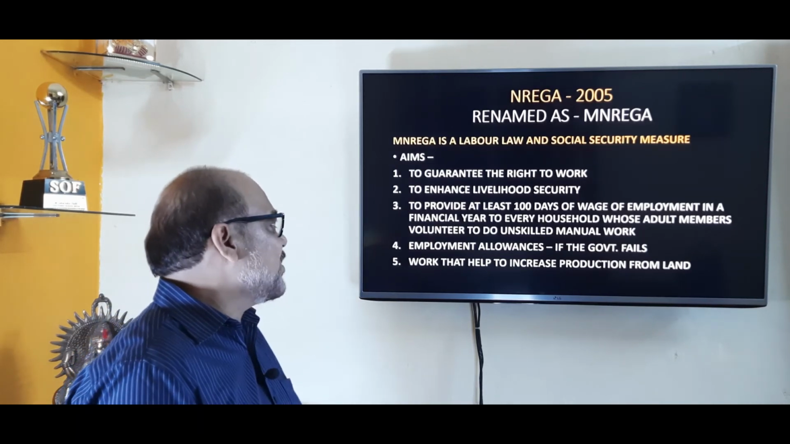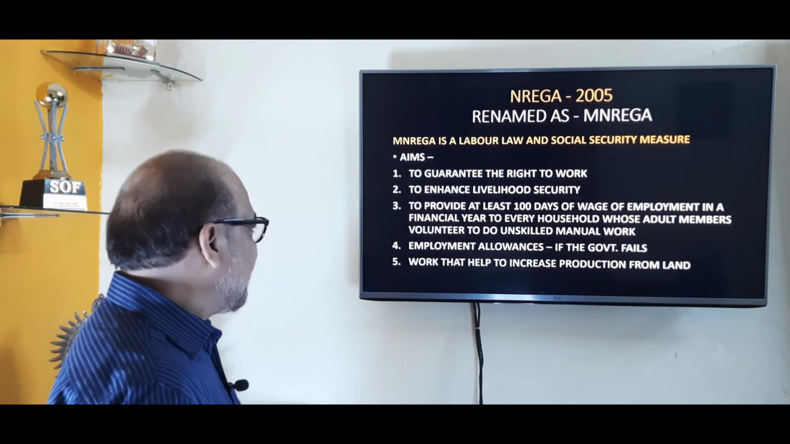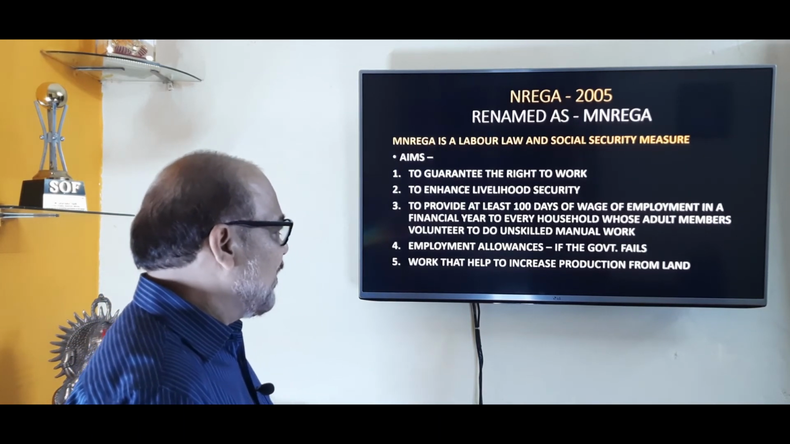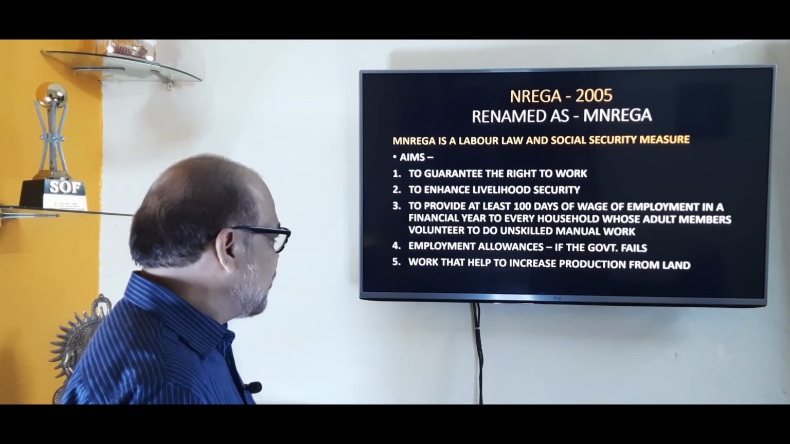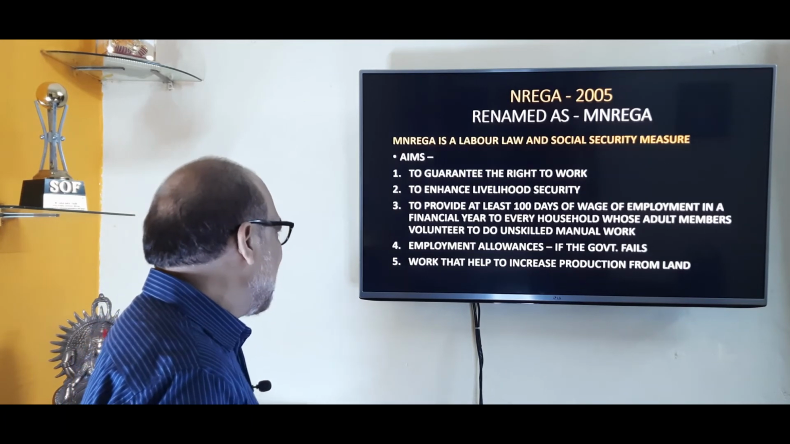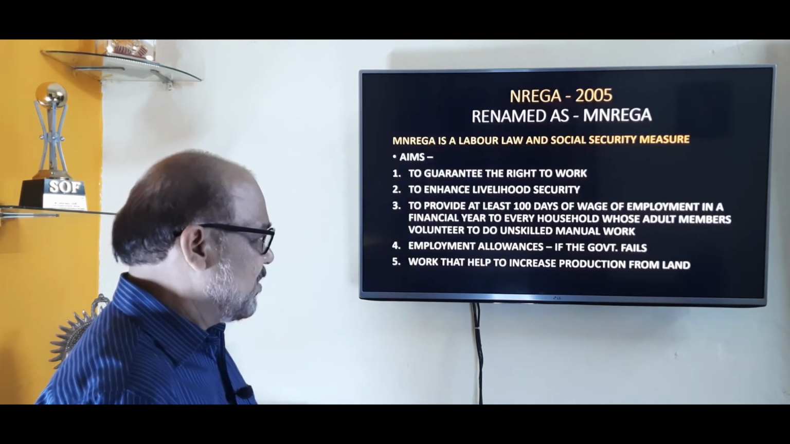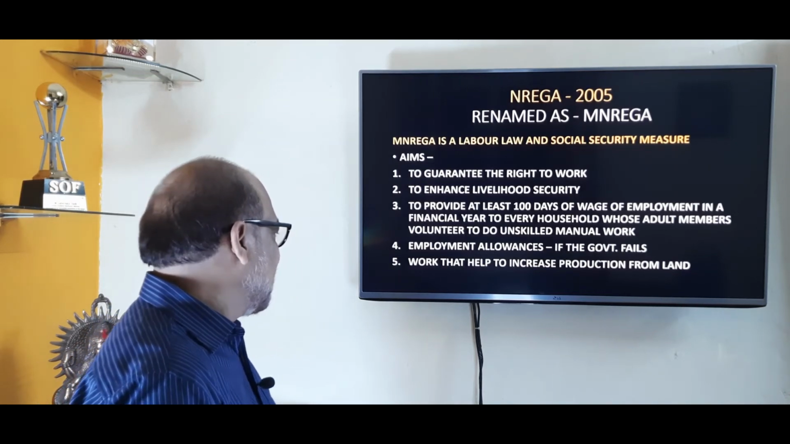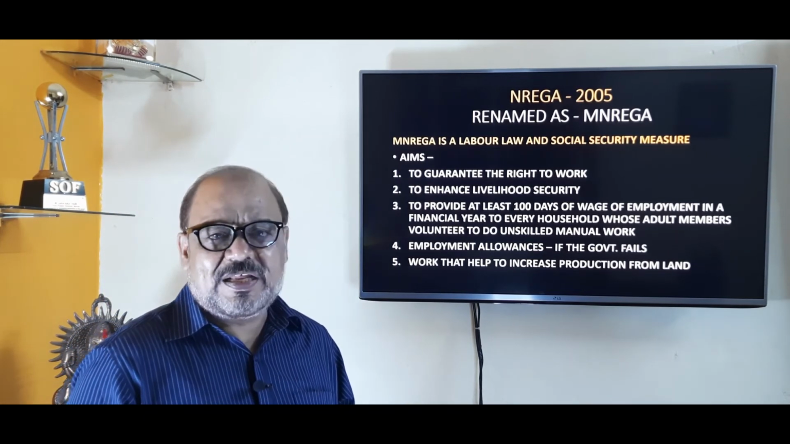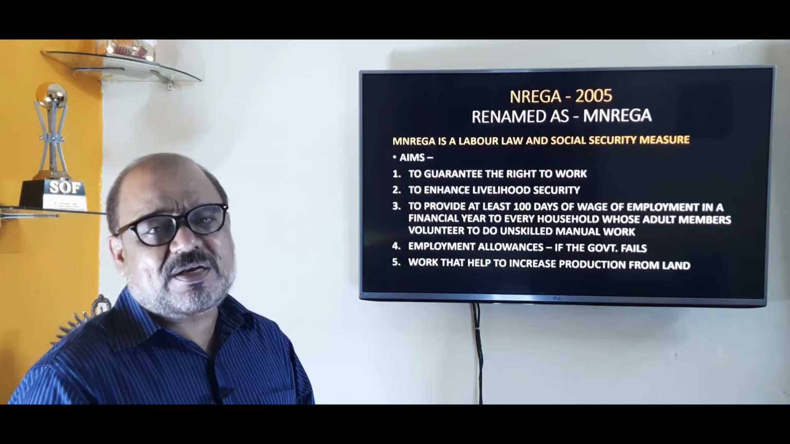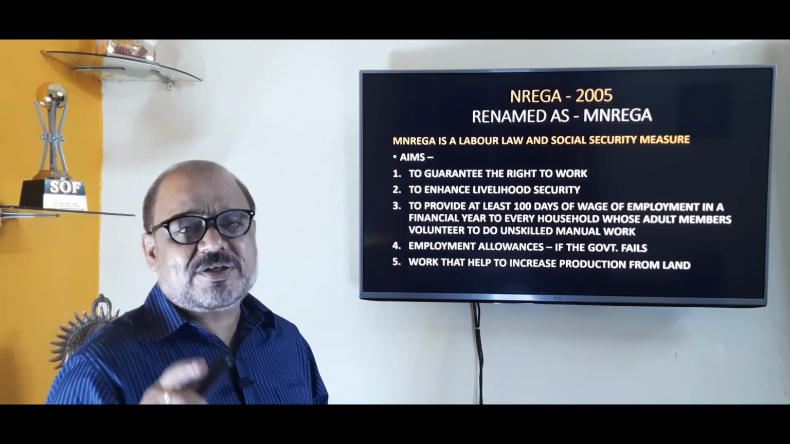Number 1, to guarantee the right to work. Number 2, to enhance livelihood security. Number 3, to provide at least 100 days of wage employment in a financial year to every household whose adult members volunteer to do unskilled manual work. Number 4, employment allowances if the government fails to provide 100 days of wage employment in a financial year. Number 5, work that helps to increase production from land. These are the 5 major aims and objectives of NREGA, the National Rural Employment Guarantee Act 2005,